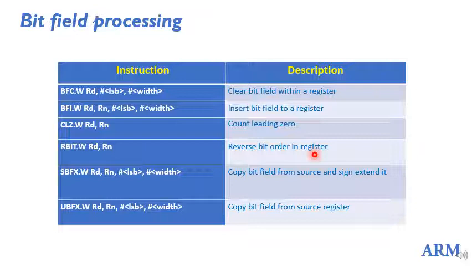Now this is at the bit level. So it is going to reverse the bit order. Exactly, bit order is reversed. That is, bit number 0 will come to bit number 31 and so on. Bit number 31 will come to bit number 0. So the whole thing is reversed. That is done by this instruction RBIT. So here also it takes two operands, Rd comma Rn. Rn is the source. It will be reversed and given in the destination register.